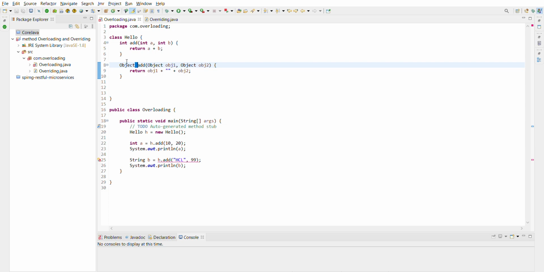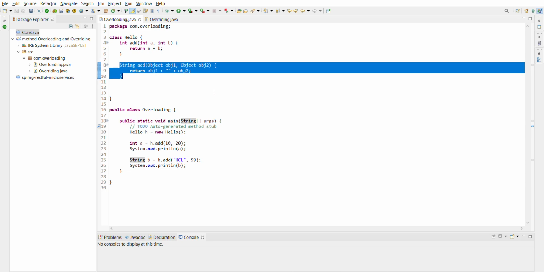Here I need to use a return type of string because here I am using a string type. And in that condition, suppose the second method is not there, meaning the lower type method is not there, then it will call the higher type method.